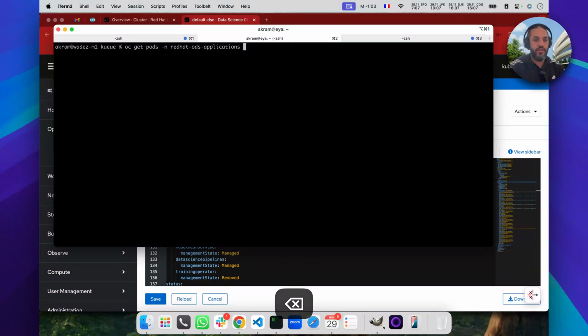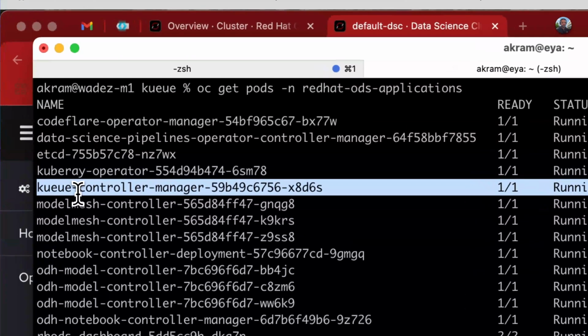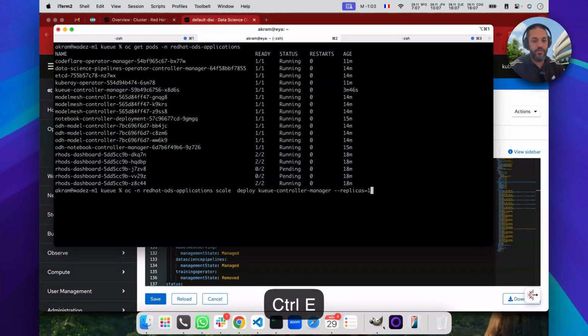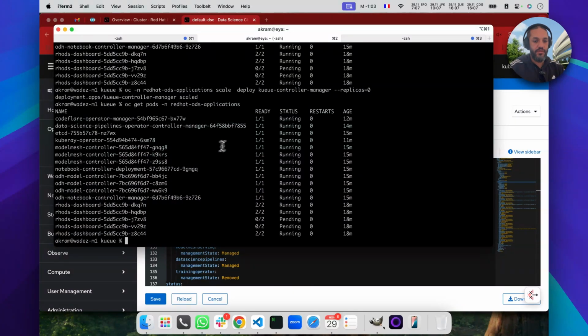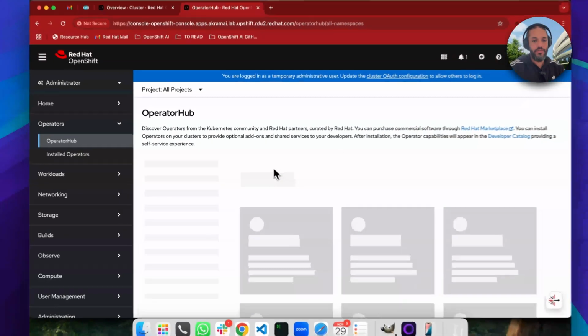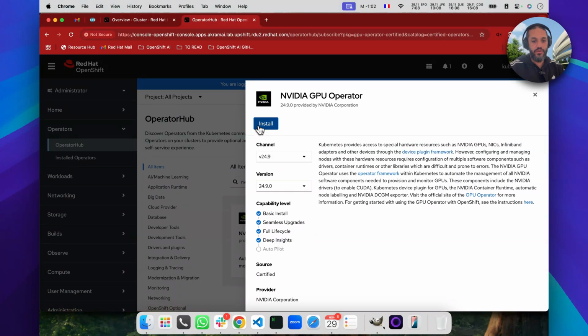Let's see what it means in terms of pods. In the Red Hat ODS applications namespace, we do have a Kueue controller manager pod running, and I will just scale down the deployment attached to this pod, and we should now have no more Kueue controller manager running. Okay, so let's install now a new operator, and we'll see the impact of having Kueue disabled. Let's install this one, for example,